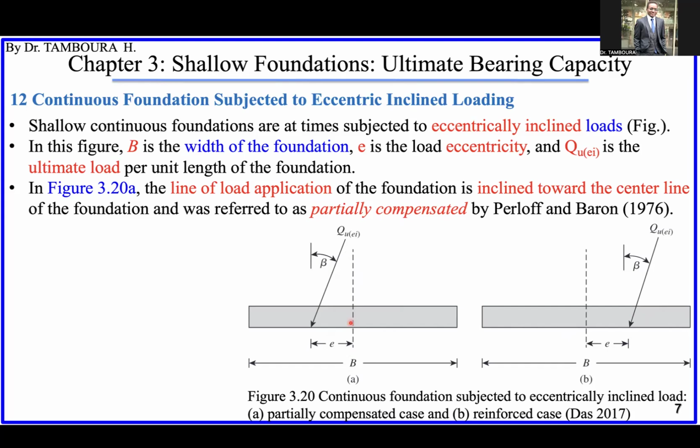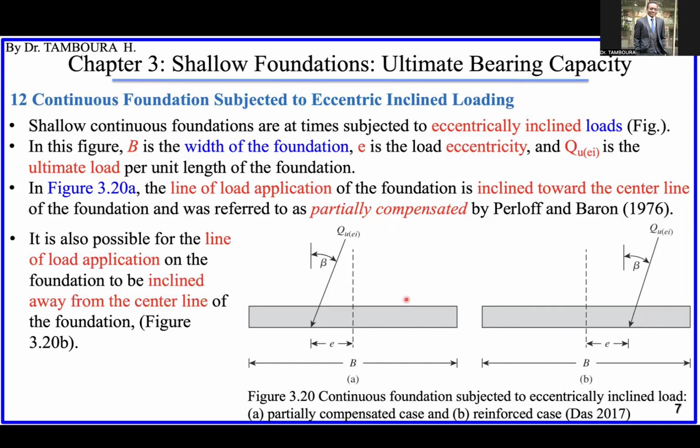So in this case, we will call this case partially compensated according to this reference. Remember that this is the case we will call partially compensated. It is also possible for the line of the load application to be inclined away, as I said, away from